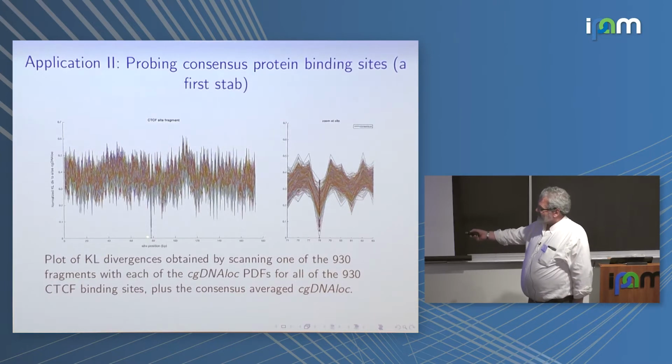And it has to actually go to 0 for one sequence, because you run the binding site that appears in that actual fragment, and that has to hit KL 0. But the point is that lots of other binding sites, which aren't identical sequences, similarly have very low KL divergences. So this is sort of an indication that something good is going on. The statistical mechanics of the binding site isn't so bad.